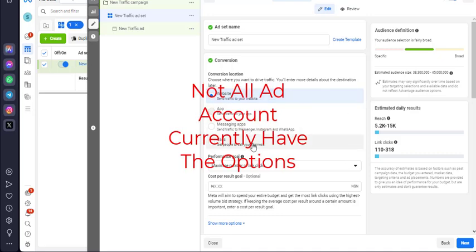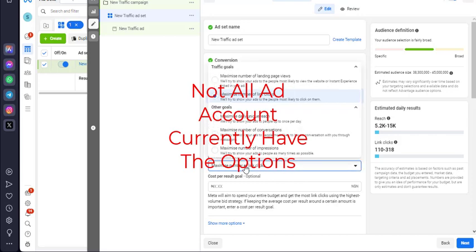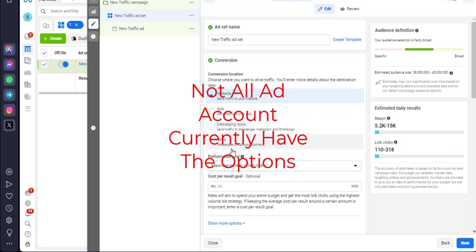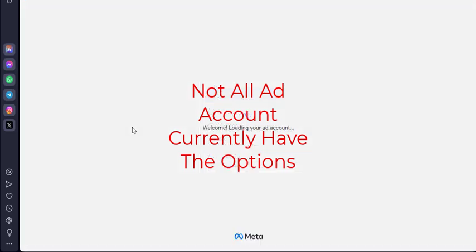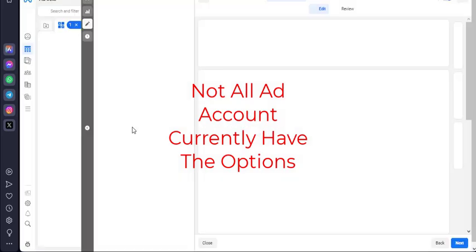this particular ad account does not have that. There is meant to be an option that will allow you to advertise to your Instagram profile. So let me just reload it. They are just implementing it, so some ad accounts might have it, some other accounts might not. If I reload this and it doesn't have it, I'll use another ad account that has that option,